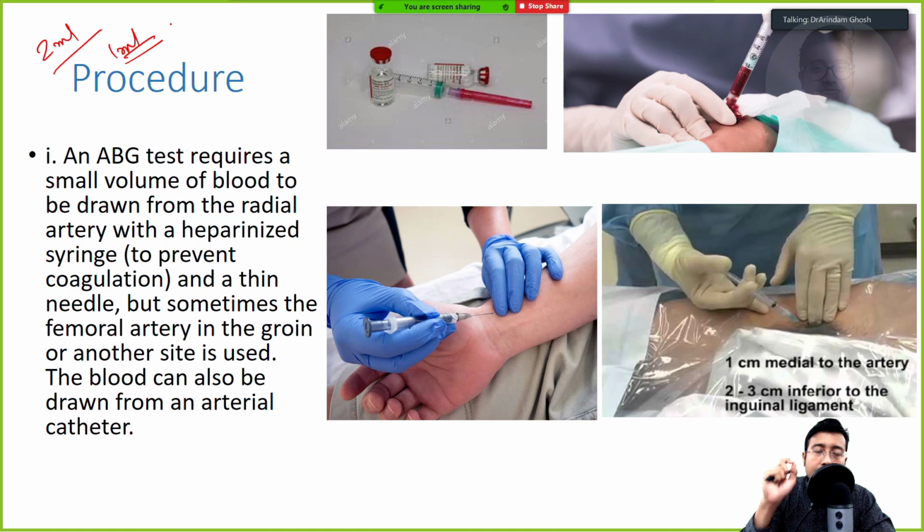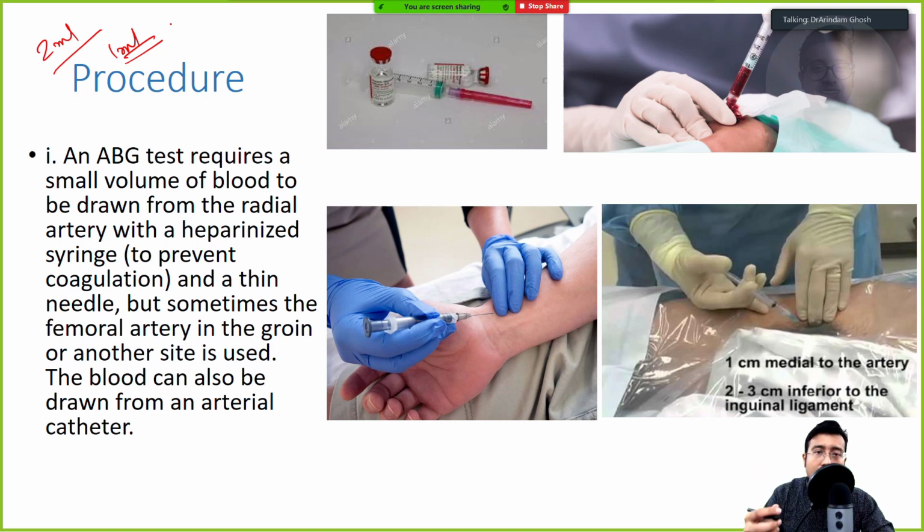The main thing is, you need to make sure you are hitting the radial artery, you are not missing it, because there are many superficial veins in and around this area. If you tap into the veins, you will get dark red blood. So the first and foremost challenge is to locate the radial artery, to palpate the radial artery, and to prick the radial artery so that you get the arterial blood.